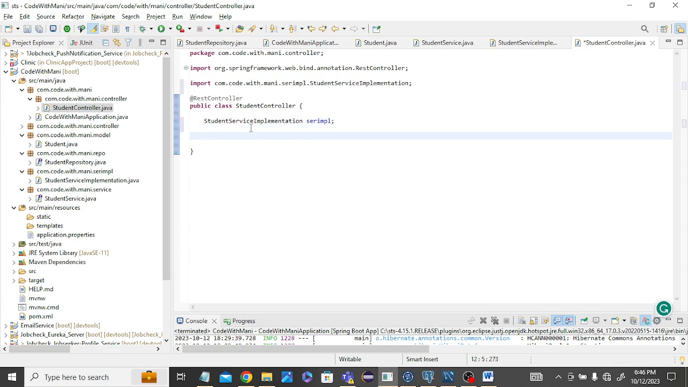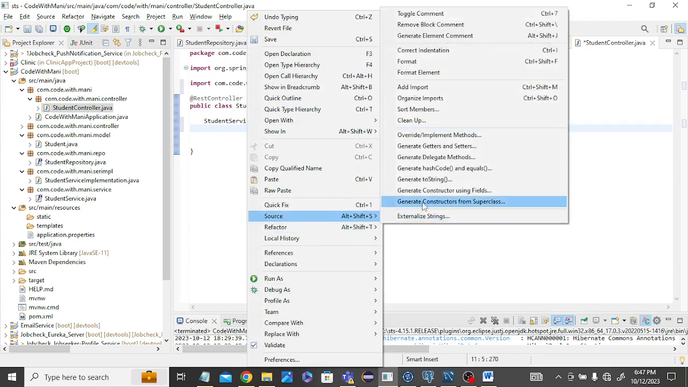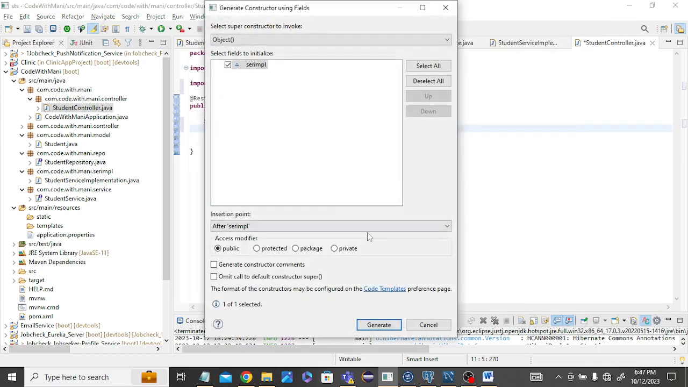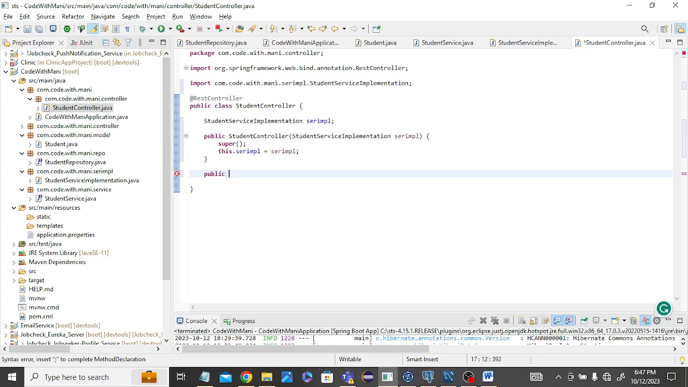For that, we have to create the constructor for this object. Right click, source, and generate constructor. We are not going to use Autowired, okay, and this is the good practice to use an object here. Okay, now let's create the API: public ResponseEntity